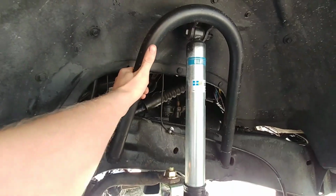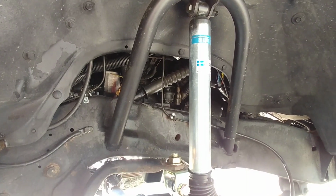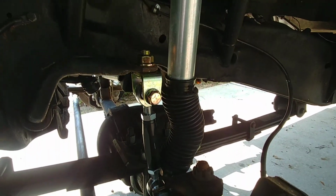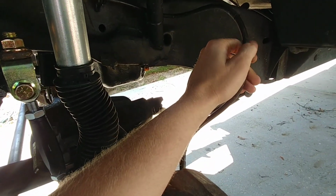These are Rough Stuff shock hoops. They came out really well. I didn't really do any major lining up with the shock hoop, just kind of went with it. Just eyeballed it and set it the way I wanted it to, and it all worked out pretty well. This is also Off-Road Designs